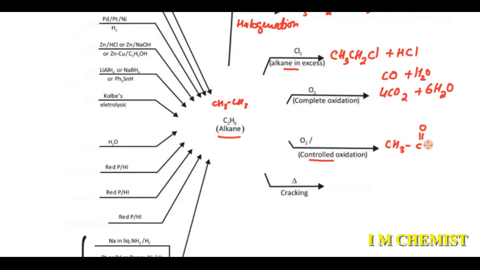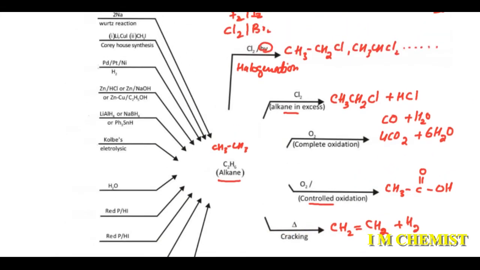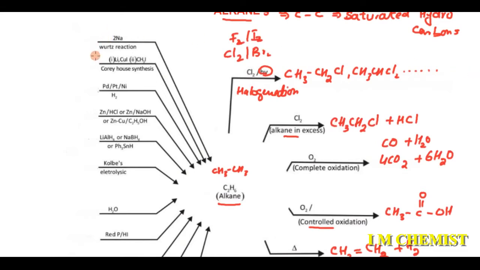Now if we heat this alkane, this reaction is known as cracking, and in the cracking reaction alkanes are converted into alkenes. So we will get an ethene molecule along with the liberation of hydrogen gas. Now there are some other reactions of alkanes in which we react sodium metal with alkyl halide. This reaction is known as Wurtz synthesis, and in this Wurtz synthesis we get